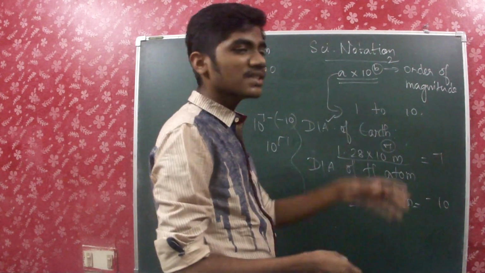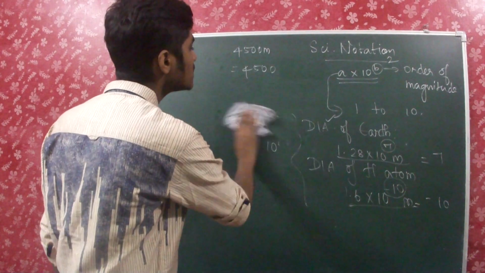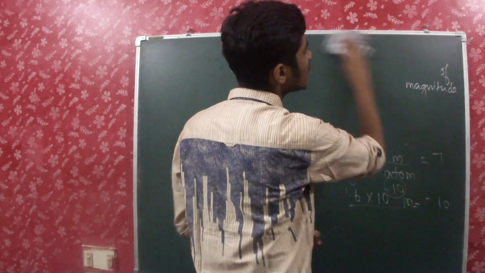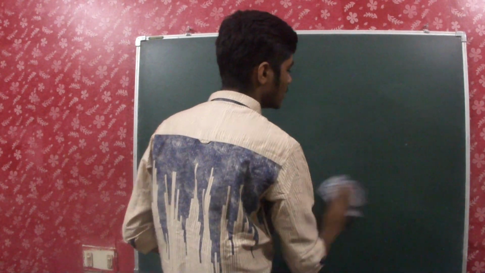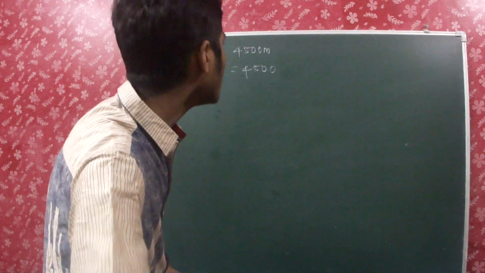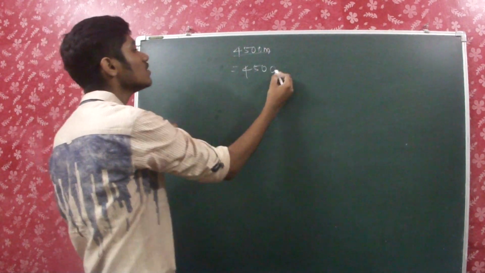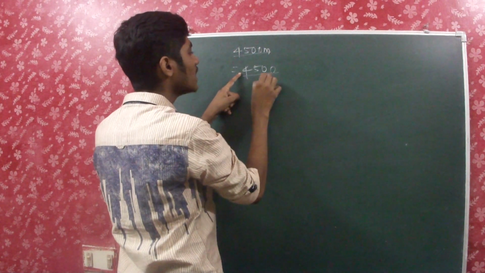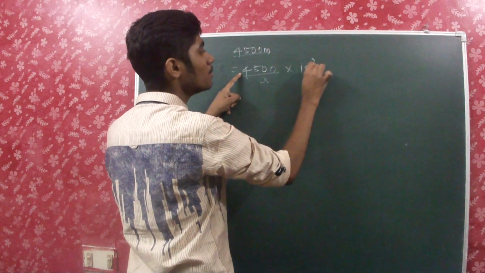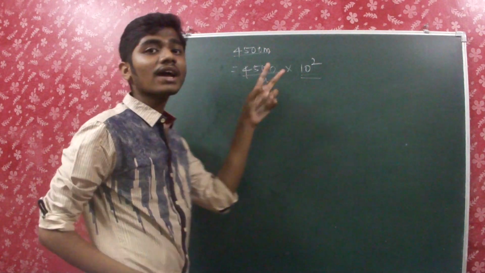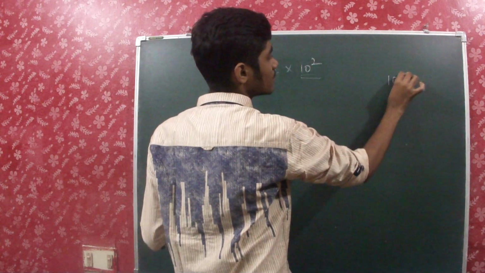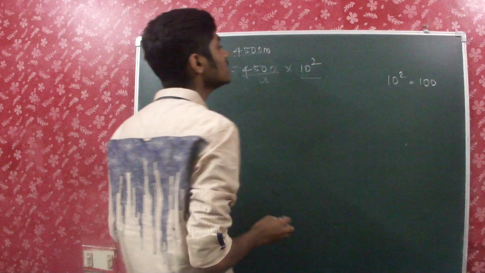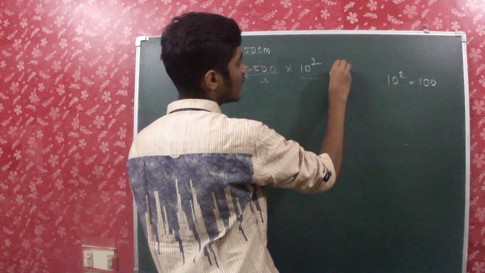So this is how you represent a scientific notation, and how does this help us in solving the ambiguity in measuring significant figures. So if you are making it like 4500 meter, instead of writing it 450,000 centimeter, I can put it as 4.5 into 10 power 2, because I had 2 zeros here. 10 square is 100. So instead of 100, I can put it like this and I can write it as centimeter.